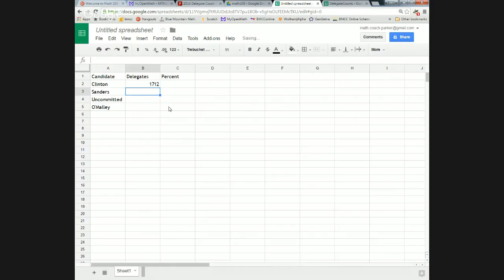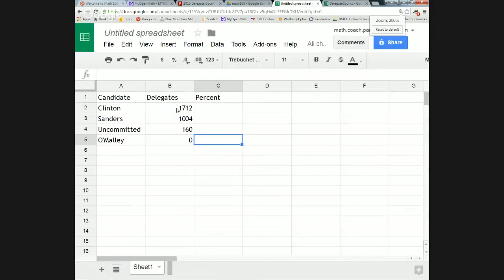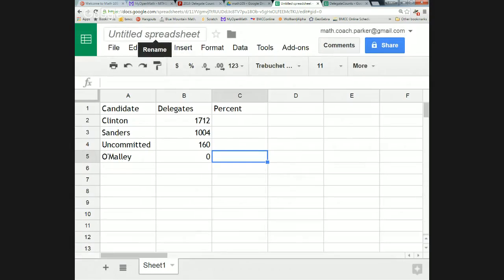1,712. Bernie Sanders had 1,004. There were 160 uncommitted, I'm pretty sure, and there were 0 for O'Malley. Let's blow this up a little bit so you can see better. Always a good idea to name the file. So a good name here might be